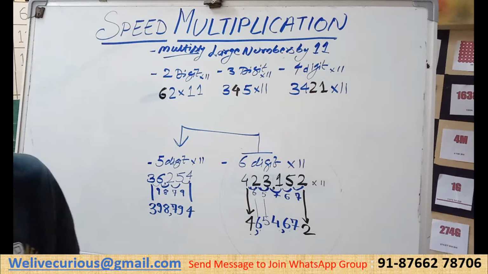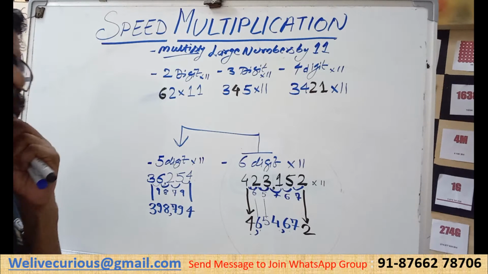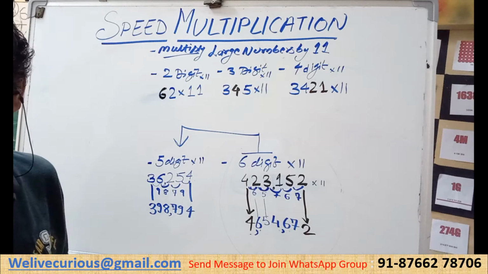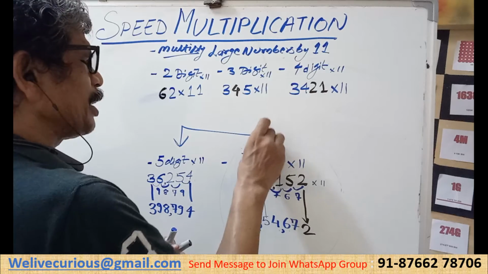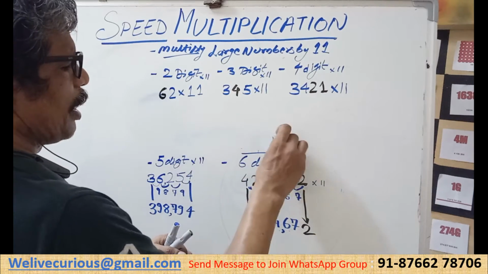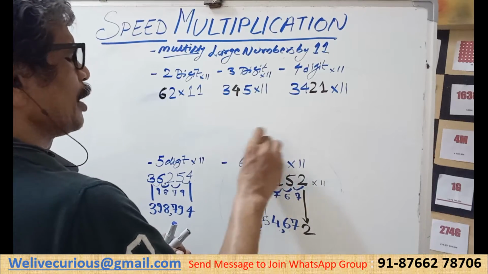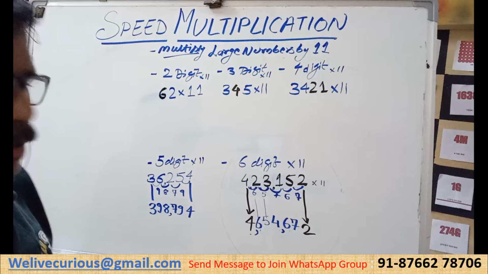And everybody has their own kind of understanding. My understanding is mathematics should be fun to do. Not everything can be fun, but whatever we can take away, the hard work, that rote learning part, we should strive to do it. Okay, now can we apply the same thing to 4 digit?